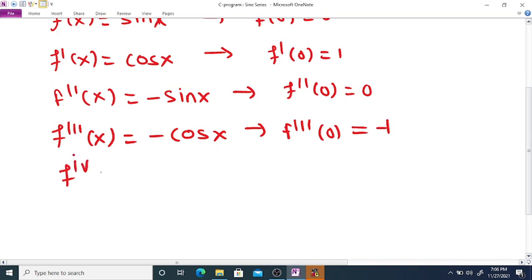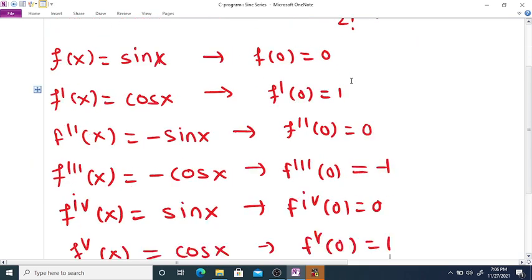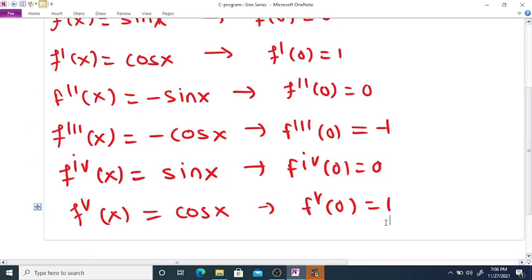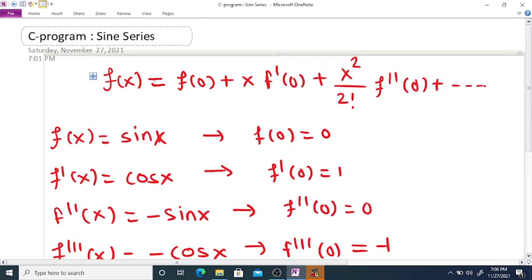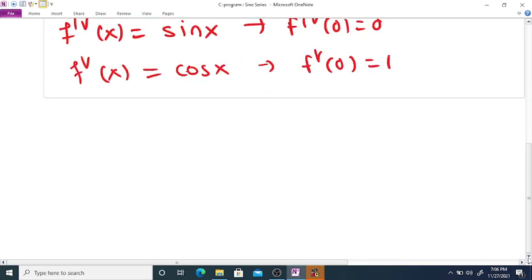The fourth derivative of cos x is again sine x, and the fourth derivative at 0 is 0, and again the fifth derivative of f of x is cos x, and the fifth derivative at 0 is equal to 1. So you can see here this sequence, that is 0 1 0, then minus 1 0, 0 1 0 minus 1, again it is 0 1 0 minus 1. So if you put all these values in this formula, we get the f of x is equal to, what